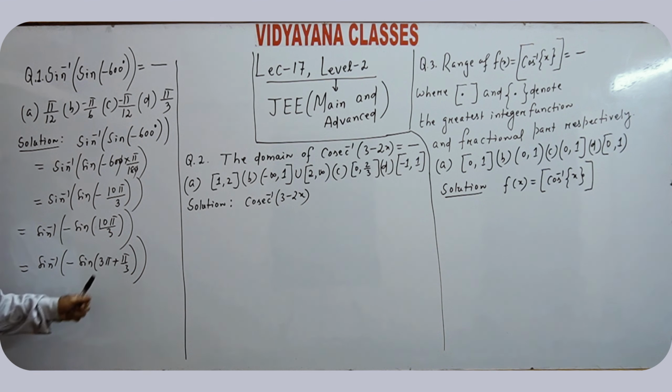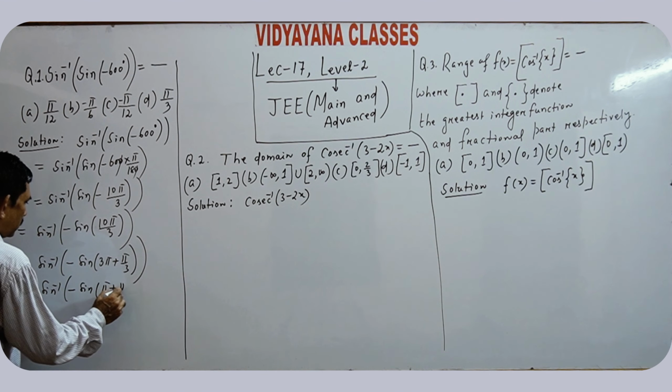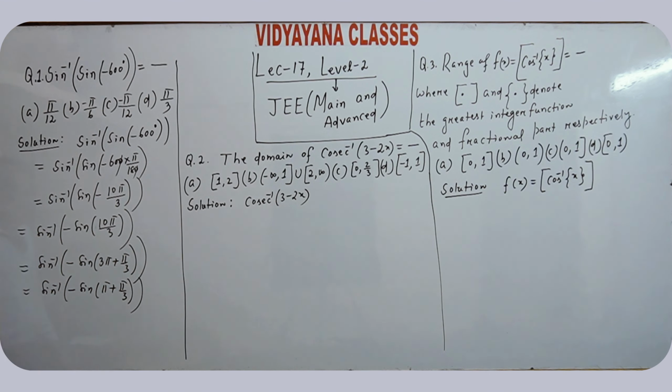Ten pi by 3 is same as 3 pi plus pi by 3. 3 pi can be written as 2 pi plus pi. Every even multiple of pi is equal to 0, so it is pi plus pi by 3. Sin inverse minus sin pi plus pi by 3. Sin pi plus theta is equal to minus sin theta. Sin inverse sin pi by 3, minus minus plus, which is same